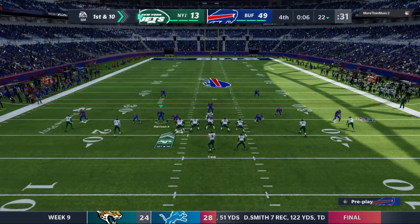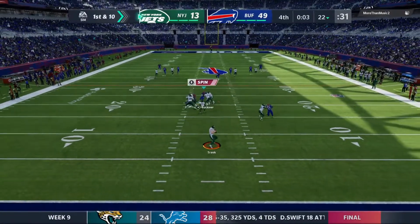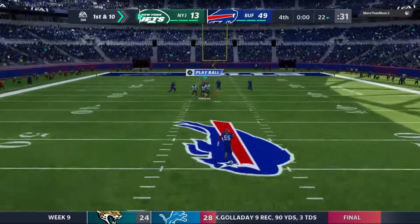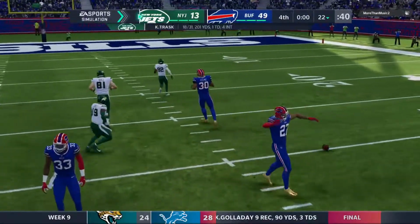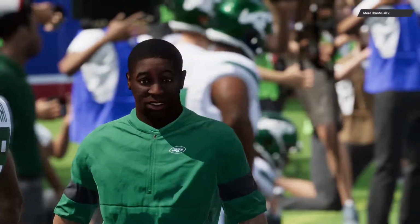This is just an exercise in futility. Do you even bother running a play here offensively? I wouldn't, because now is not going to erase what's happened during the game. So after it's over, you're going to go to the film, find out where the game was really lost. But this is not a situation now where you're going to make up for anything. We'll see what they do here. A big